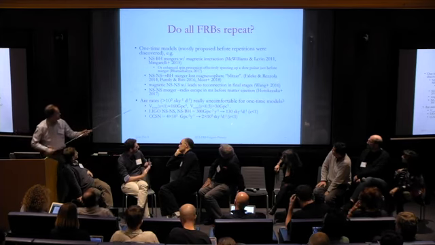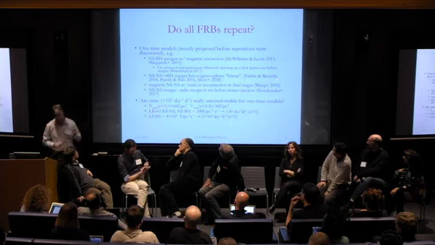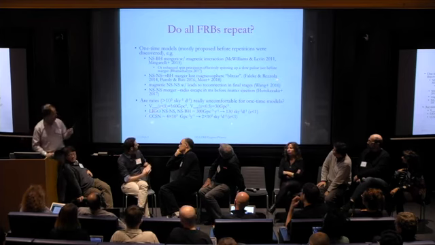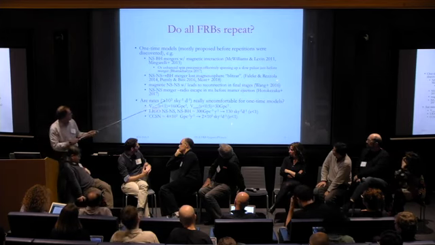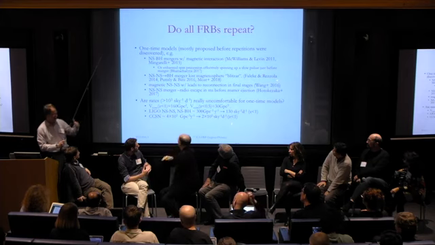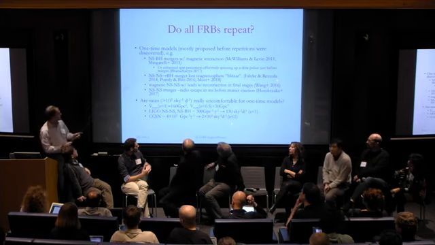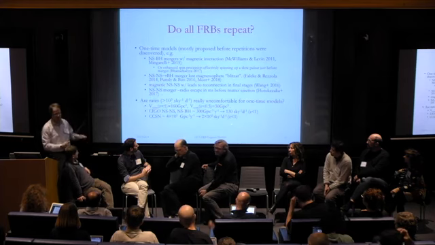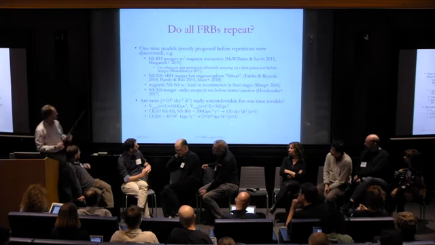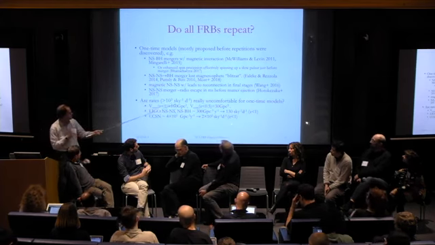So I think there's the 600 per sky per day at 1 Jansky at 1 gigahertz. My estimate is that CHIME is actually well above that, but of course it's at lower frequency. And so I think the rates are something like at least 1,000 per sky per day, depending on how we extrapolate with flux and frequency.